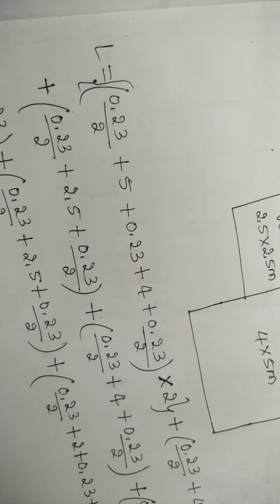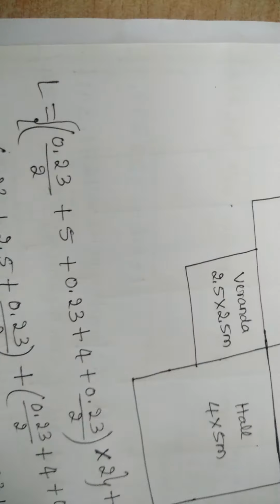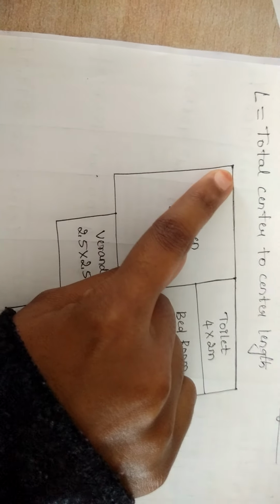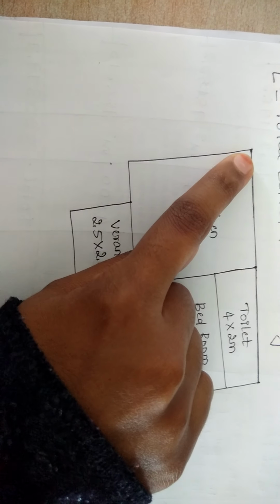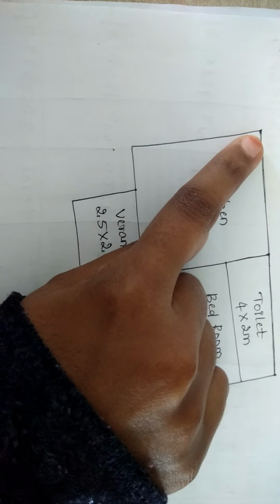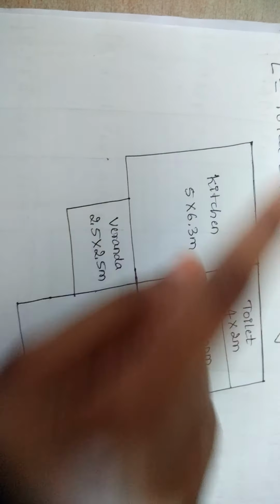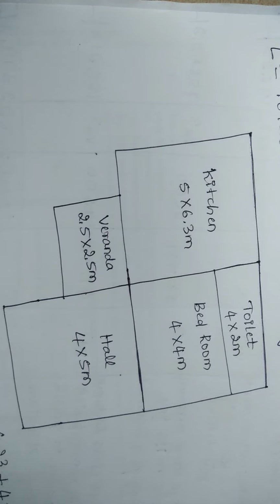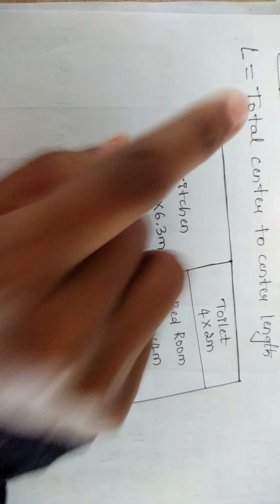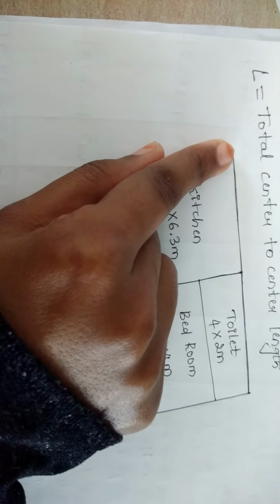So now, as the values are in terms of meter, here I will be solving the center line method, center to center length. I will find the center to center length starting with the topmost corner of the building here. See, as per the question, the wall thickness is of 0.23, that is 230 mm thickness of wall is given in the question. If you convert that in terms of meter, that gives you 0.23 meter. At the corner, you always have to take the half of the thickness. Half means you have to take 0.23 by 2 here.